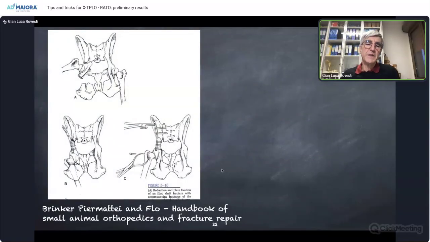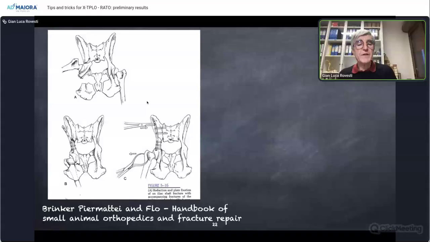If we look at this book, the Brinker Piermattei Flo, that is a book that I loved. This book played a major role in my professional education, and I'm very grateful to it. So this is a very old technique, and this is a technique